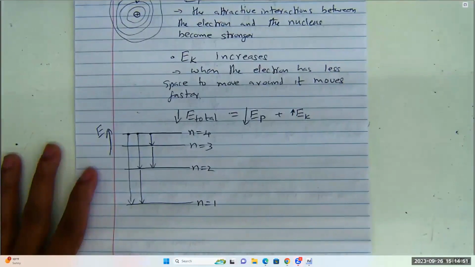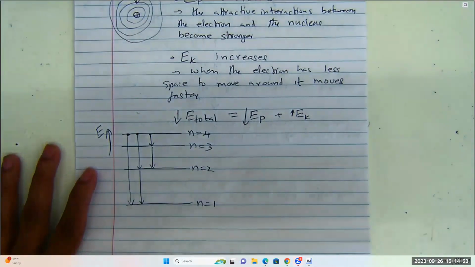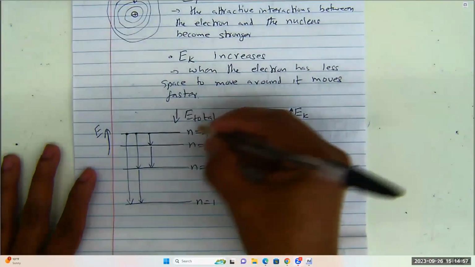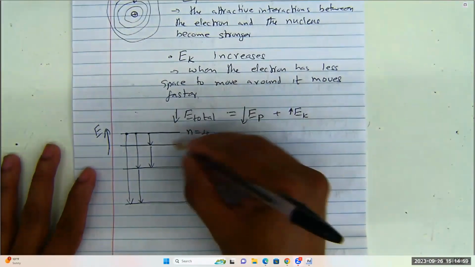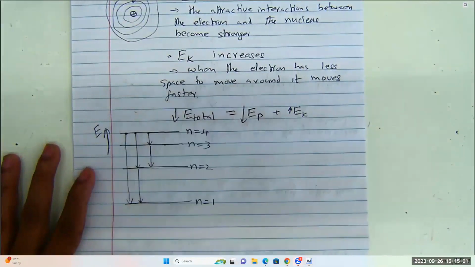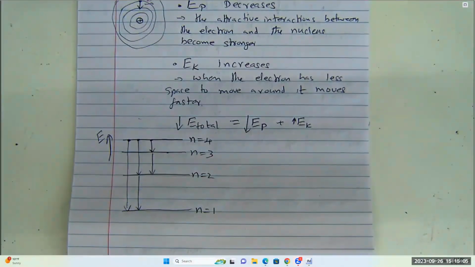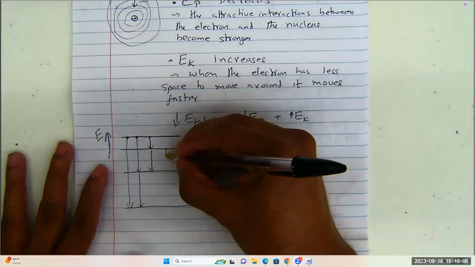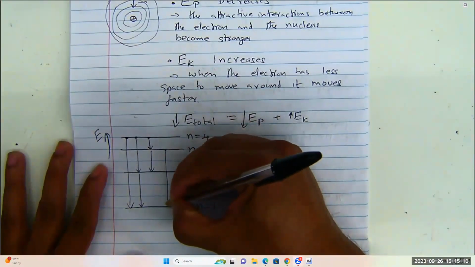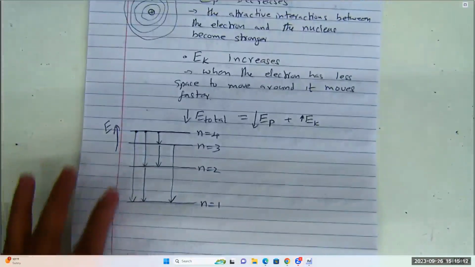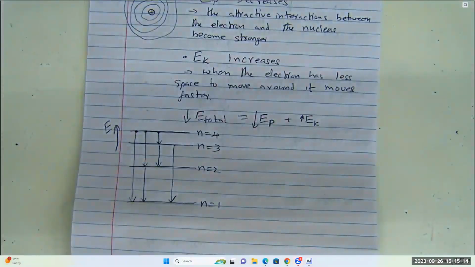And then n equals 3 to n equals 2. That's going to be the fifth one. And then is there another one possible? An electron in n equals 3 can come down to n equals 1. That's going to be our sixth transition. So there are 6 transitions possible if